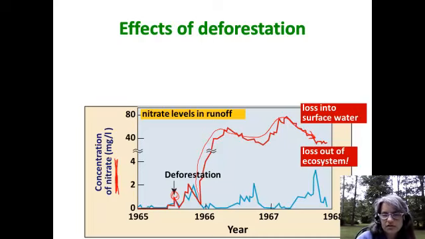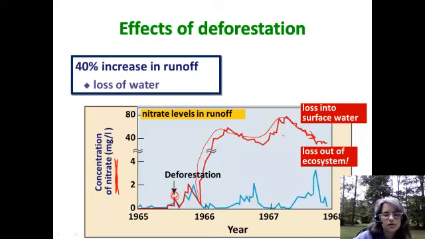Here it is reasonably stable. We can see that it cycles a bit, but that the amount of nitrogen in the runoff water running off the land was pretty stable, and it just skyrockets when you don't have trees there to